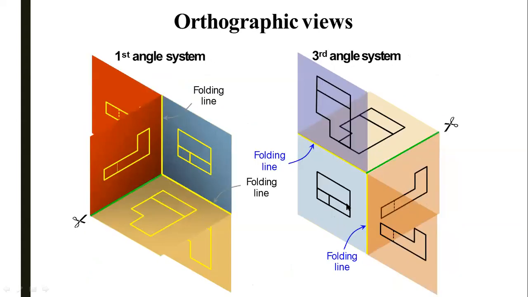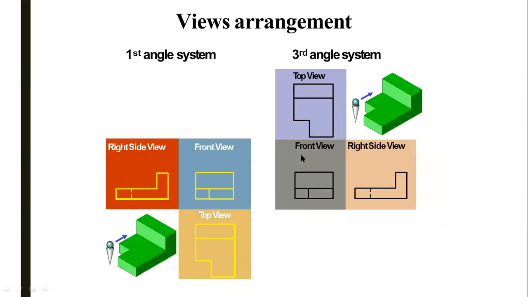See, after rotating it, in first angle projection method, this is the diagram. This is the front view, this will be the side view, and this is the top view. After rotating it, this plane will be going downwards. Over here, it will be in the opposite direction, like this. See it over here: front view, top view, and you have to draw the side view beside the front view. As it is the right hand side view, it has to be drawn on the left side. If it is the left hand side view, it is to be drawn on the right side. So this is the first angle projection method. And this is the third angle projection method.